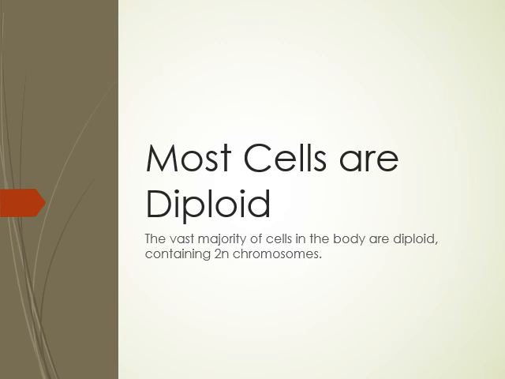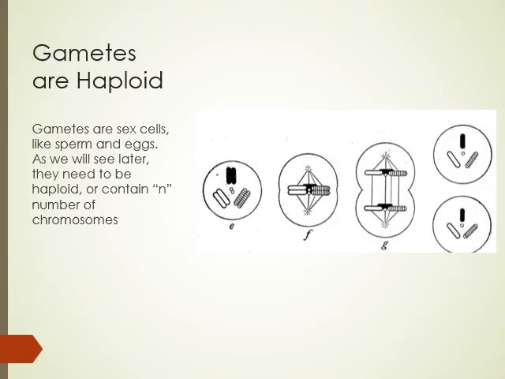The vast, vast majority of the cells in your body, I cannot stress this enough, are diploid. You have 2 complete sets of chromosomes. What are the 2 exceptions? Eggs and sperm. Sex cells. Sex cells are weird. We're going to devote another lecture farther down just to them. Sex cells are going to be unique. They're going to be haploid. They're going to have n number of chromosomes. Now, that's going to be important for later,